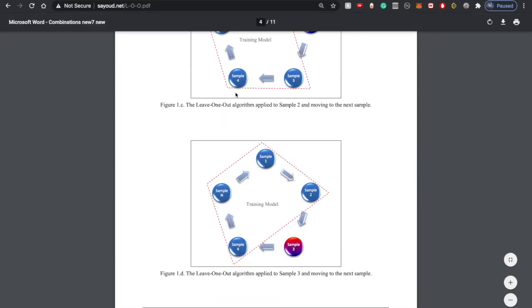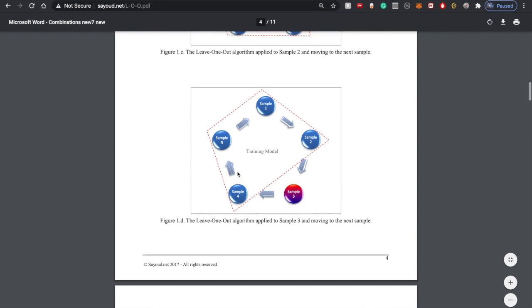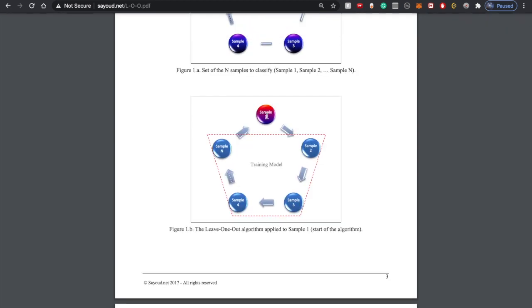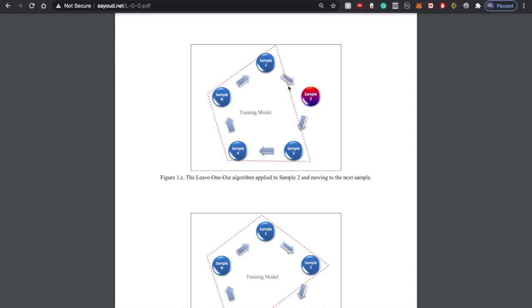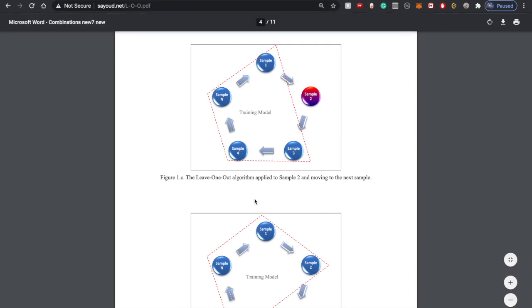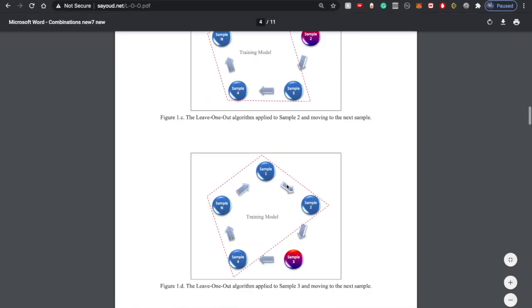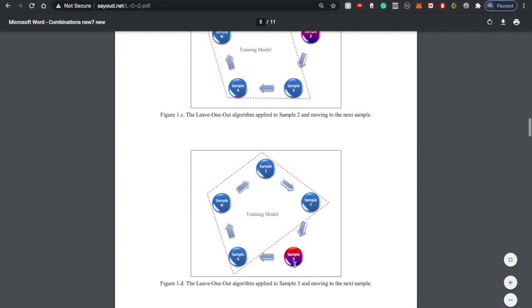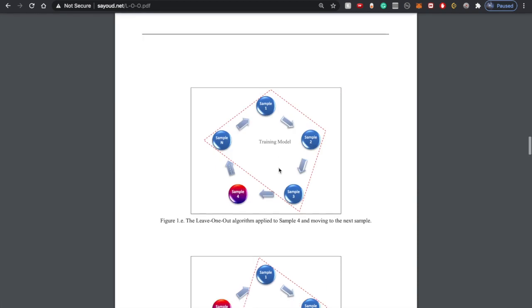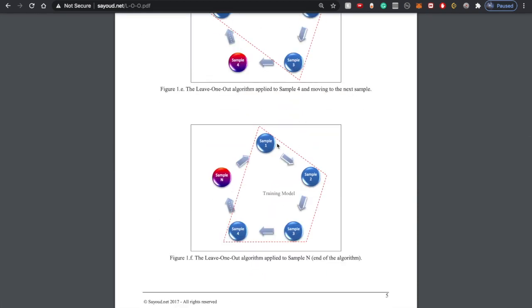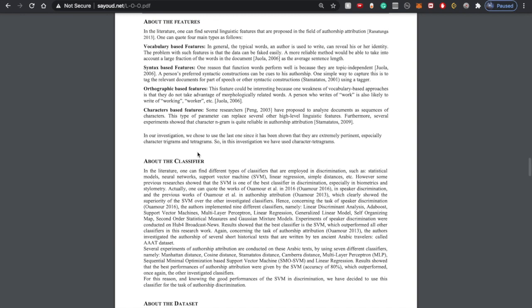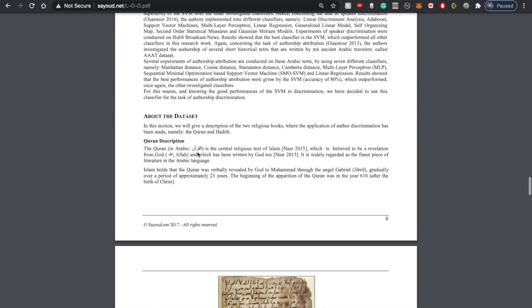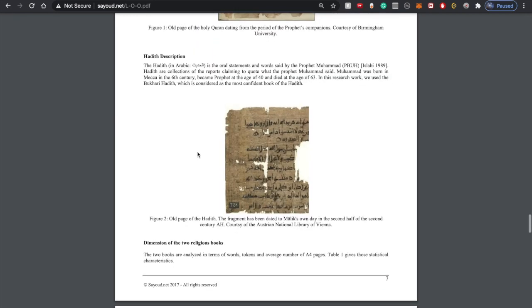So this was done, right? Again, they would then do it with the different samples. So then they would change a sample, right? In the first one, this one was left out. In the second experiment, they would look at these ones together, and they would leave this one out. Then they would look at these ones together, and they would leave this one out. So they would do the test, find out the style of this, and see if this matches in this style or not. If it's by the same author as the author of these, or if it's a different author. So that's just an overview, basically, of what's going on, right?